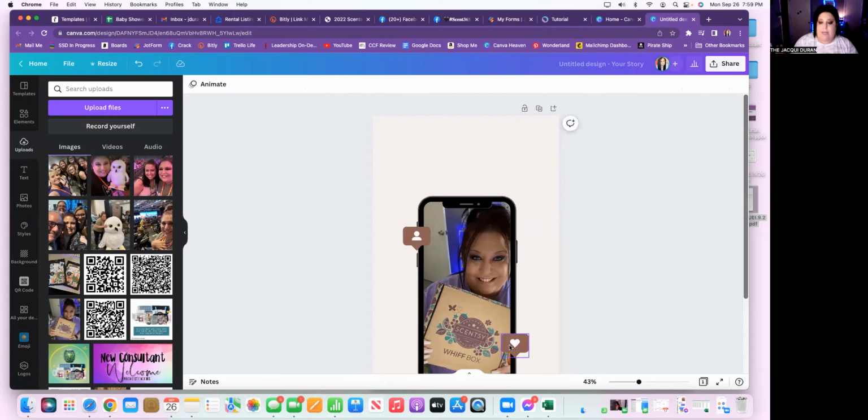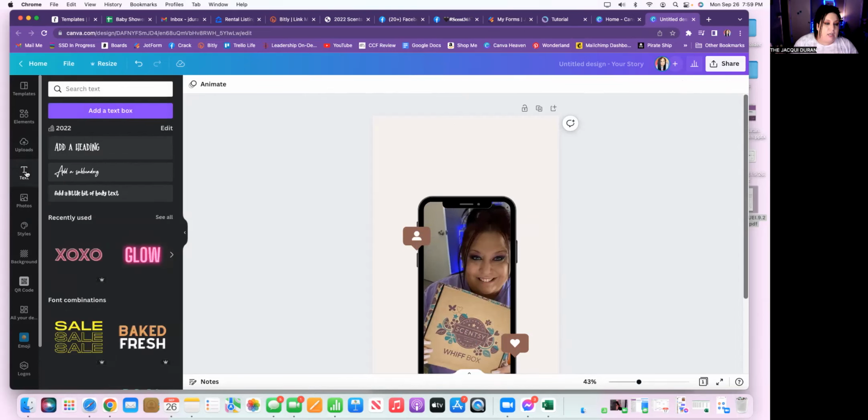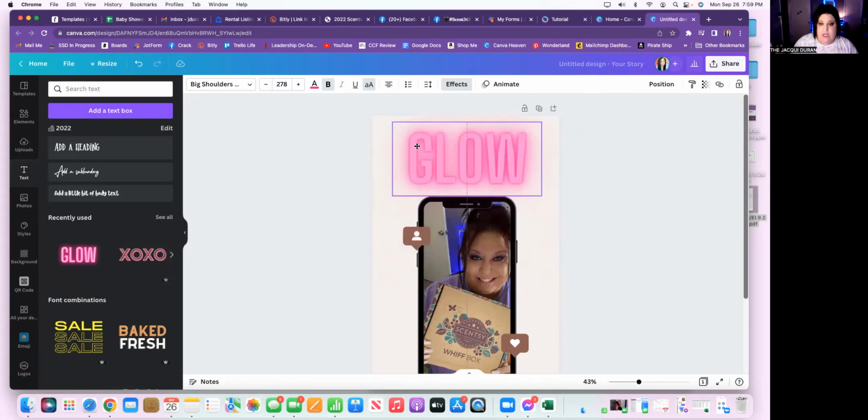So I'm going to go ahead and keep that little heart and the little like button. I don't know what we're calling it, but that's what I'm going to call it. And now at the top, I'm just going to add some text, and I'm going to use this font. I just happen to love it. I use it for a lot of my things. You'll see with Canva, as the lines are lining up, it's telling me I'm exactly aligned. I'm just going to select that, and I'm going to say whiff